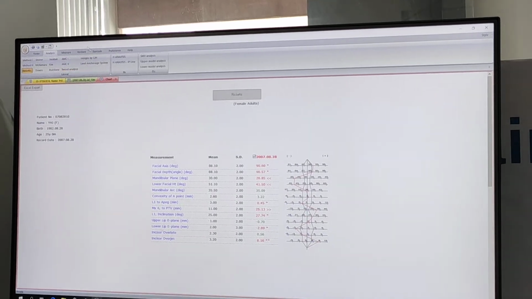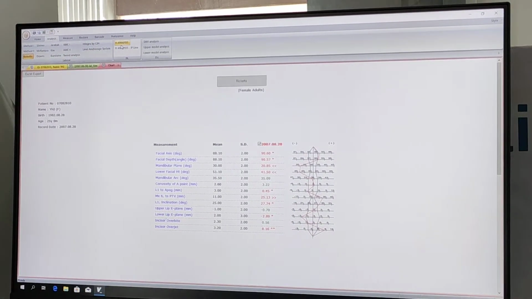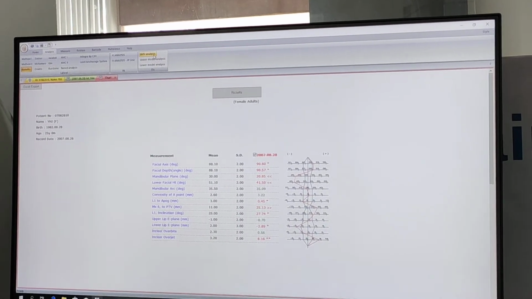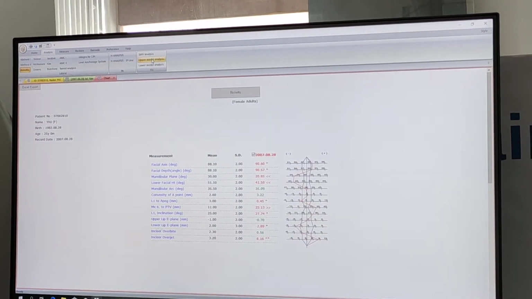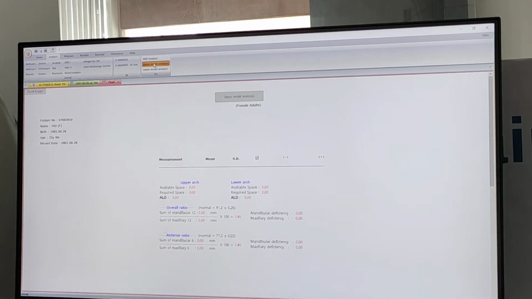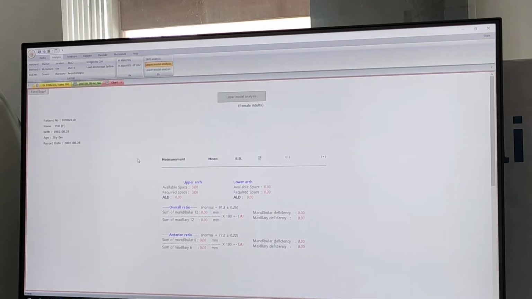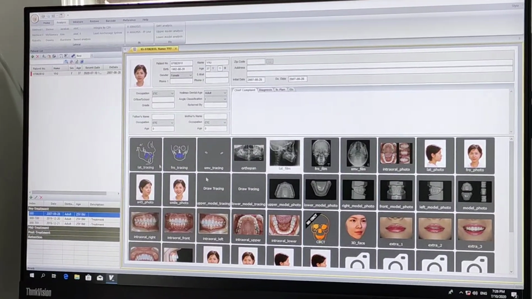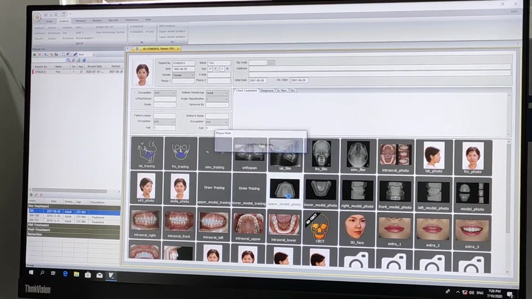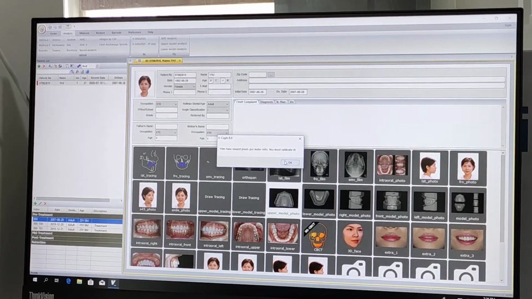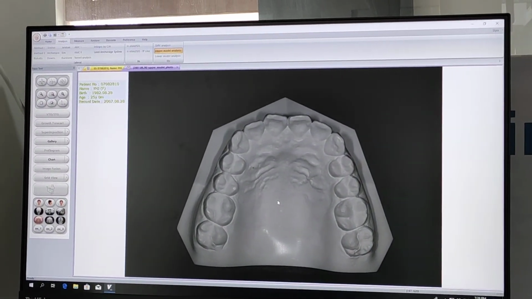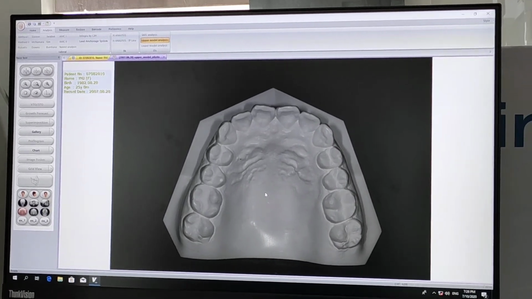Let us go back to this analysis page. Now when you have an analysis, this is a horizontal analysis or an IP line. We have SMV analysis and upper and lower model analysis. So this is the model analysis of the upper. For the model analysis, we have to use a model. For example, this is the upper model, then you should be able to see this upper model. With the help of this model, you can do a model analysis.